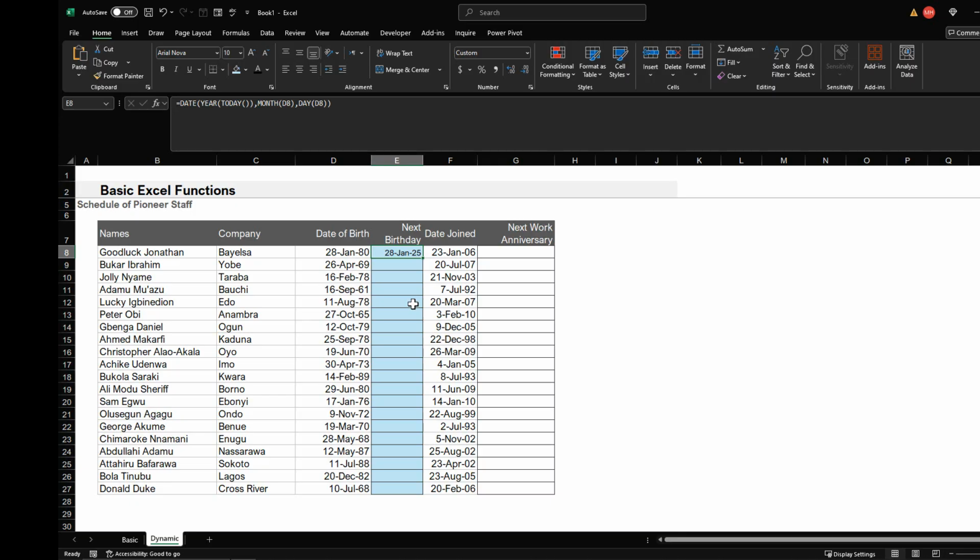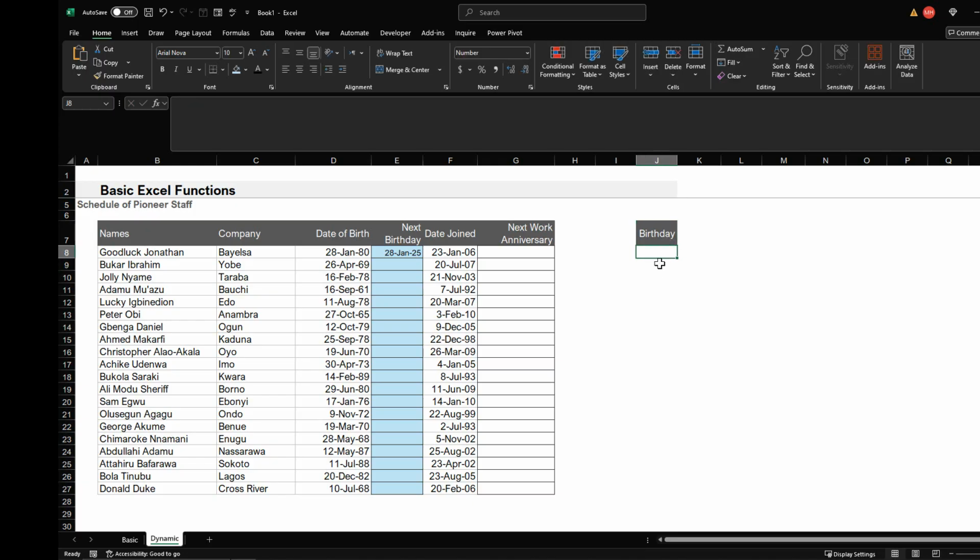Again, I've always said in most of the classes that I hold that Excel is all about the thought process around problems. We can have a single problem, and different people would approach it differently. It just depends on how individuals think through the problem and how they feel about the particular solution they want. Let's think about it this way. For us to know that the birthday has actually passed in the current period, what are the things that we need to check? So we know the birthday,